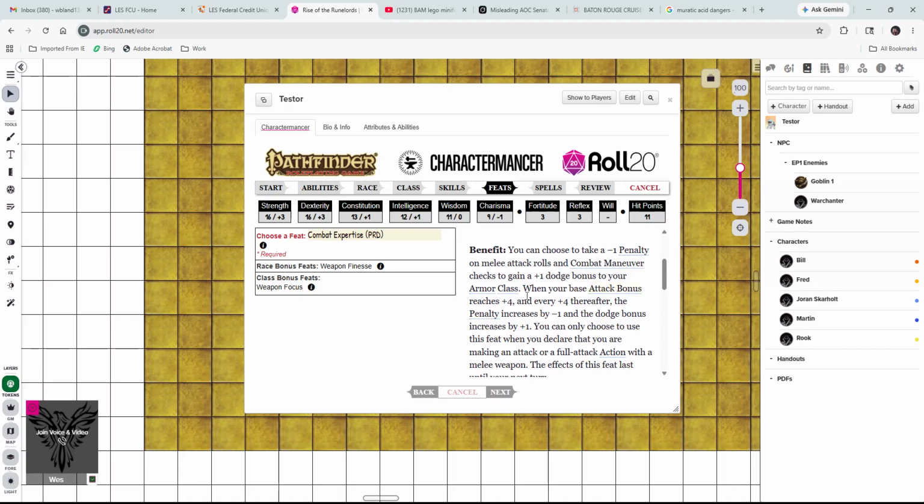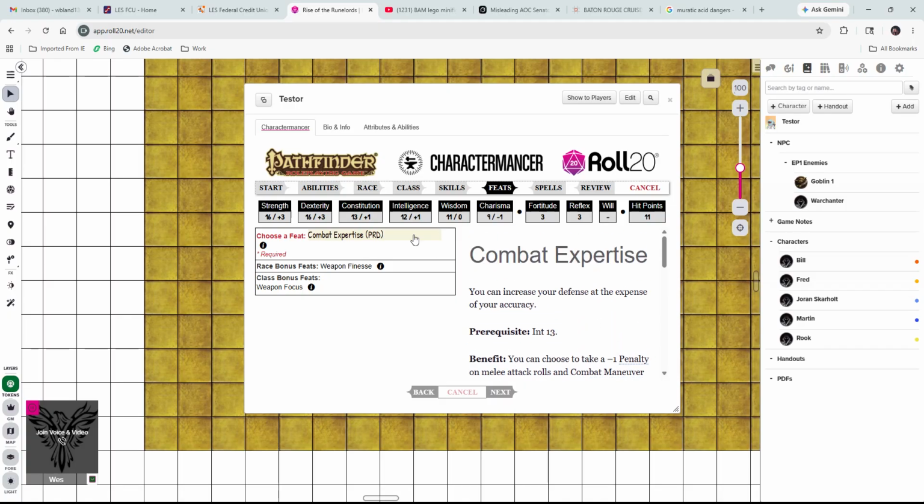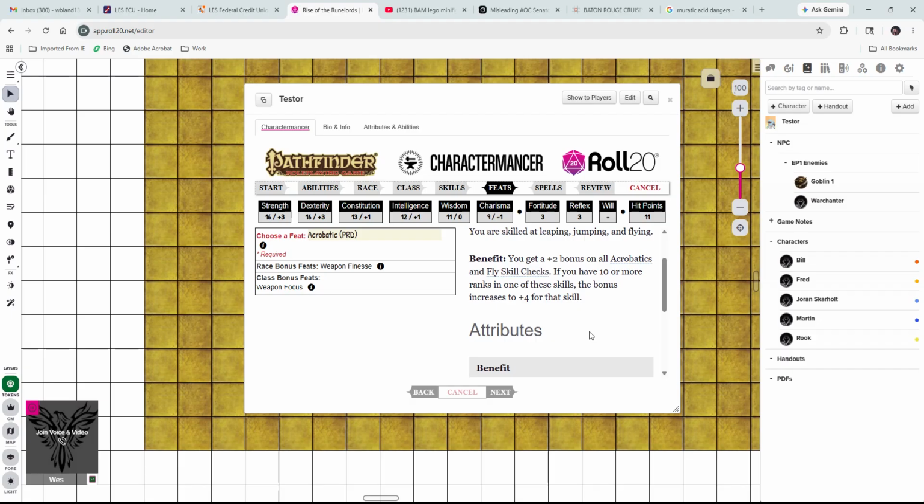You can take a -1 penalty on melee attacks and close maneuvers to gain a +1 dodge. Or we can just do acrobatic, +2 on all acrobatics and fly skill checks. Or we can come down here. We could give him